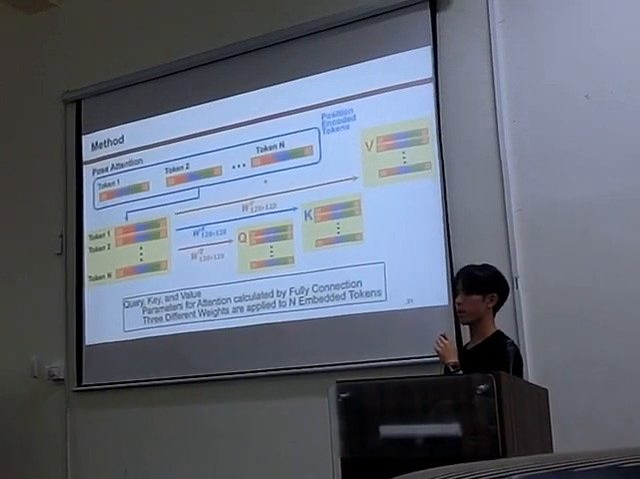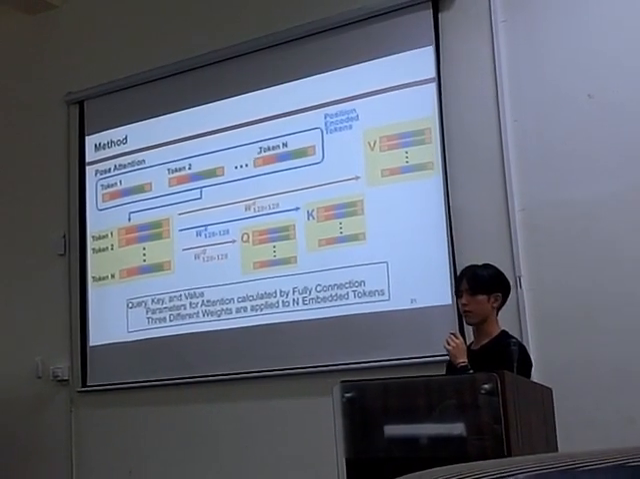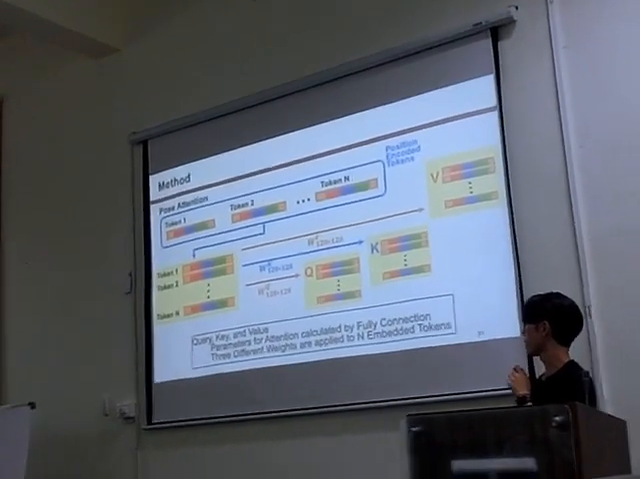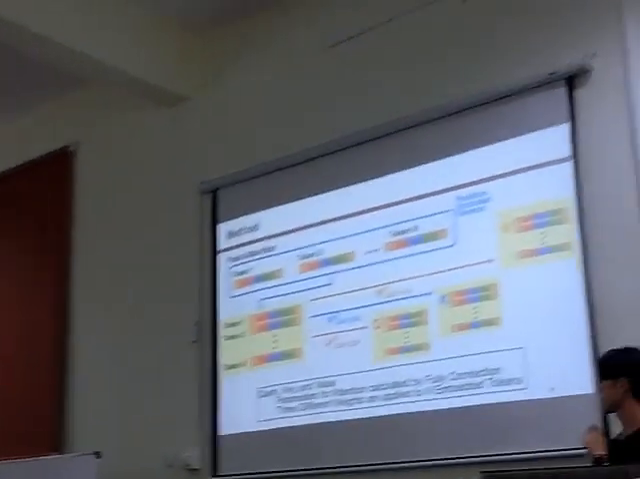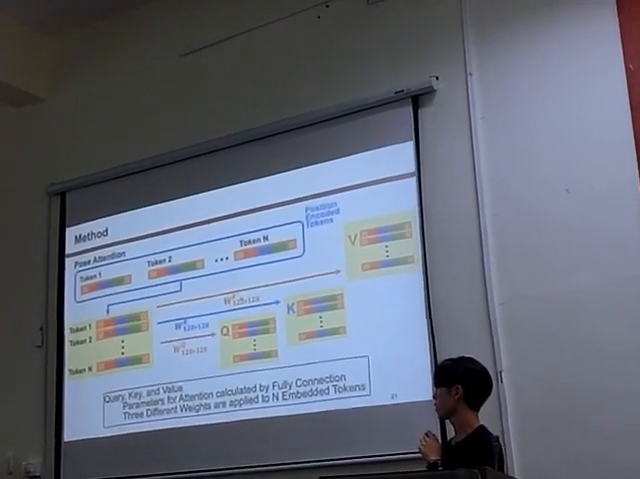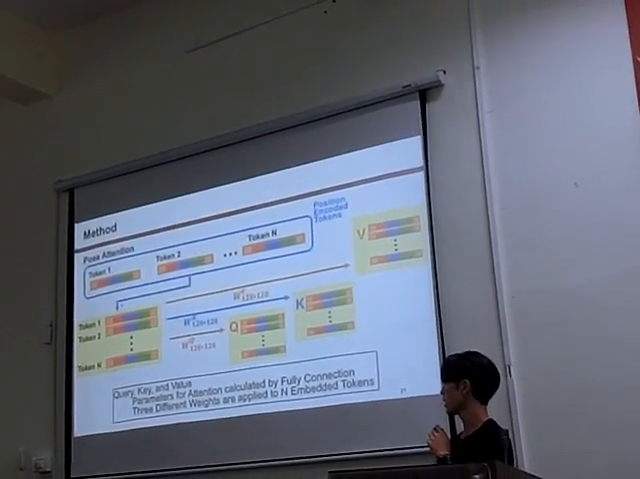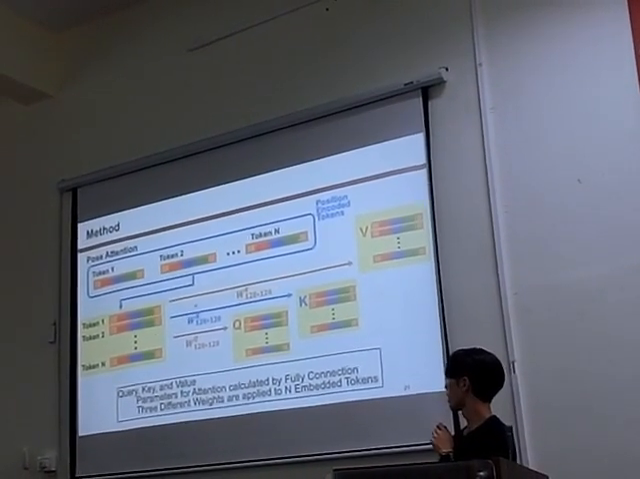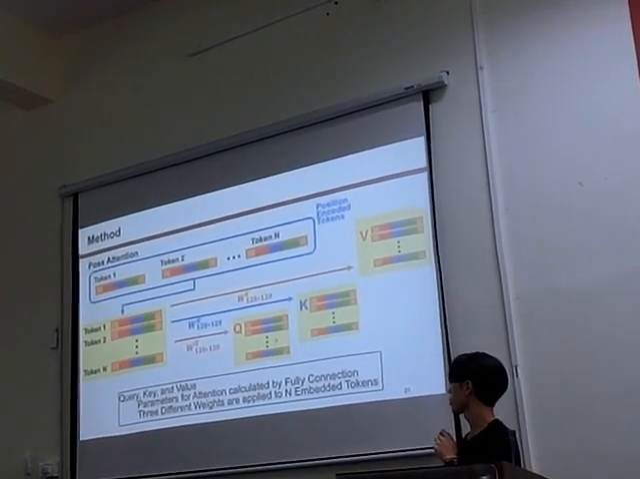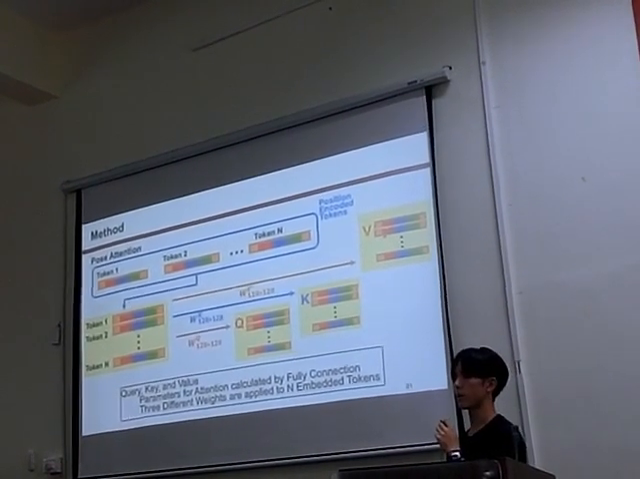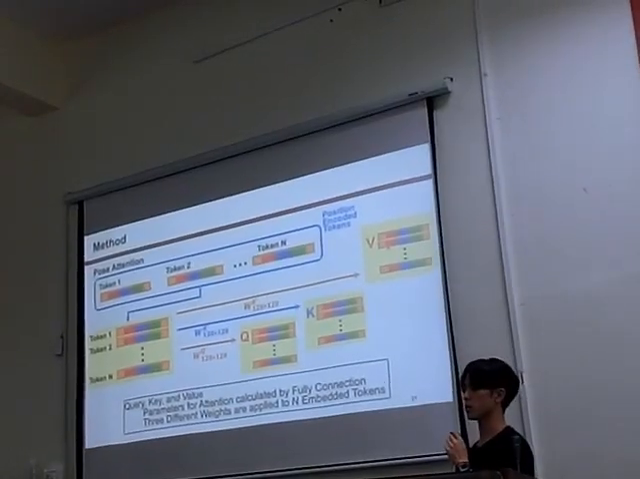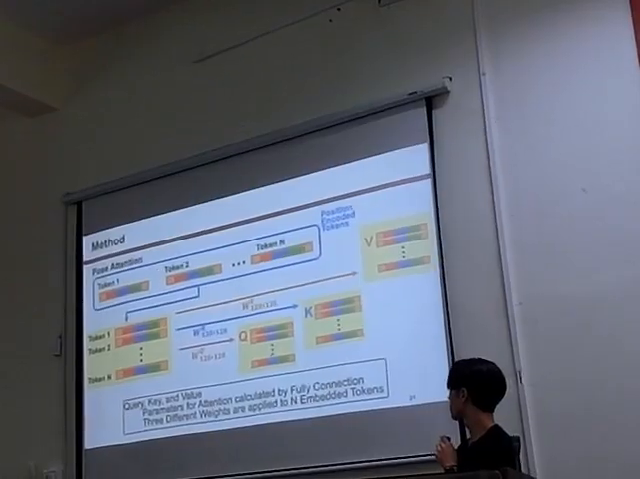Then we apply a fully connected layer, and then we use 3 kinds of weight. First is W_q, second is W_k, third is W_v. This fully connected layer summarizes each piece of information to one set size. Then we get Q, K, and V as 3 kinds of parameter. This is used as an input of